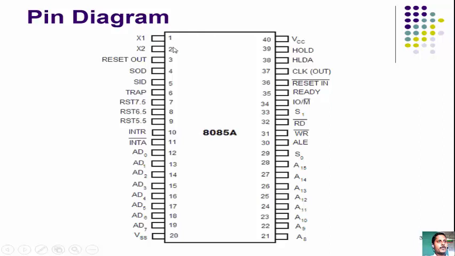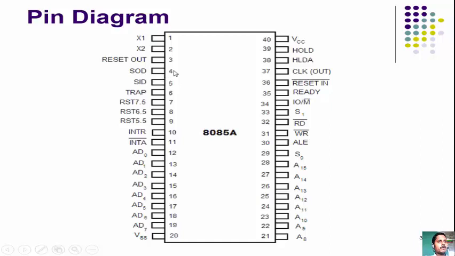Pin number 1 and pin number 2, that is X1 and X2. These two pins are the clock pins. So here we are going to connect the tuned RC or LC network or a crystal. Pin number 3 is the reset out pin. Pin number 4 and pin number 5,